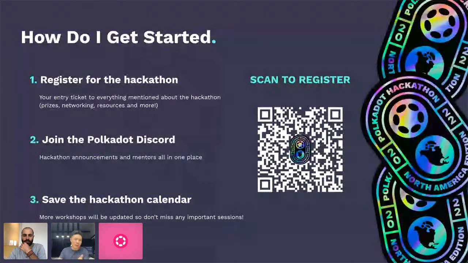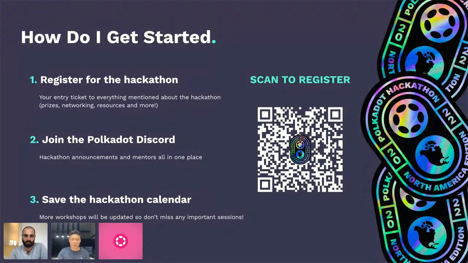This registration will be an entry ticket for lots of things that have been prepared for participants of the hackathon. Of course, it qualifies you for the prizes, but more essentially, there is a curated list of documentation in the participants guide.